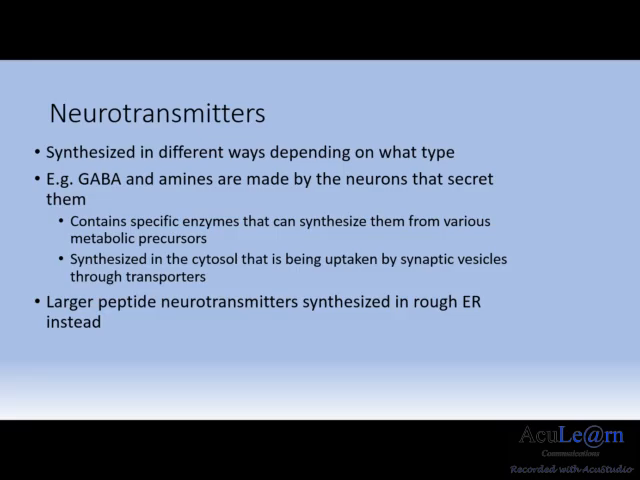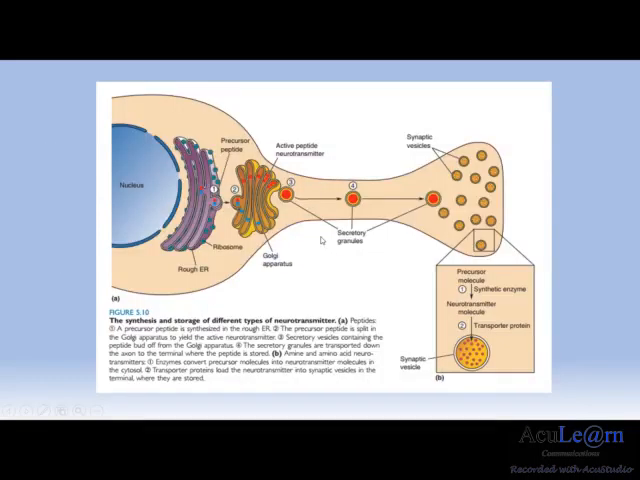The peptide neurotransmitters are different in the way they are synthesized too, as the synthesis occurs in the rough endoplasmic reticulum. The following diagram illustrates the two pathways in which neurotransmitters are synthesized. For the smaller amino acids and amines, the enzymes convert the precursor molecules into neurotransmitter molecules in the cytosol. This is followed by the assistance of transporter proteins that aid in allowing the synaptic vesicles to uptake these neurotransmitters